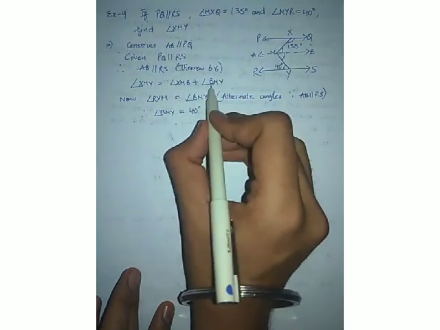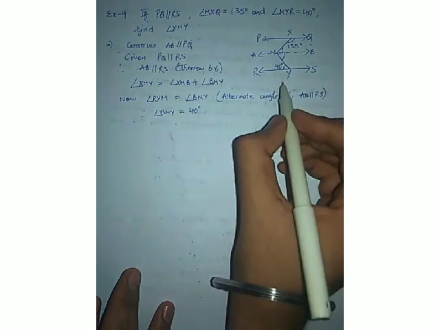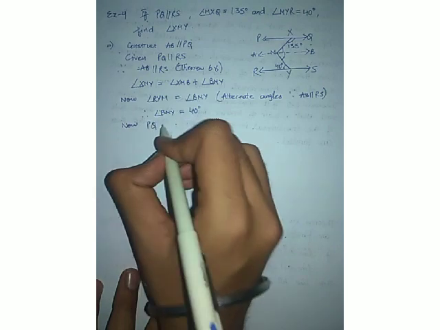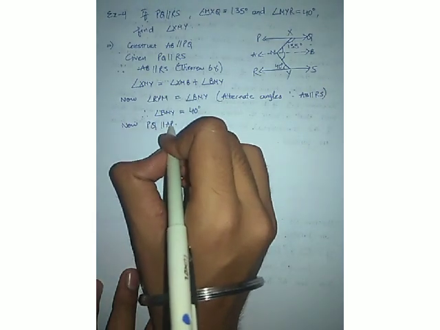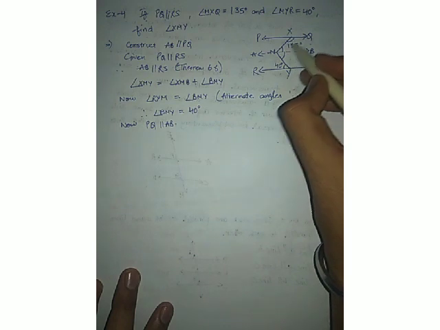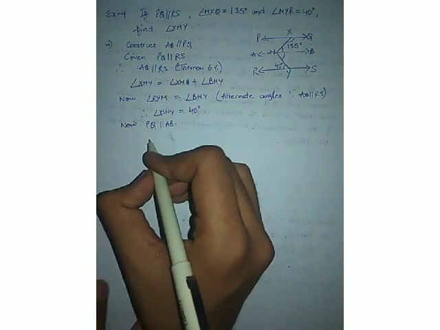So now we have found BMY, only we are left with angle XMB. So now just be careful with these steps. PQ is parallel to line AB, clear? And XM is the transversal. It's very clear in the diagram, and these two angles are on the same side of the transversal, clear?